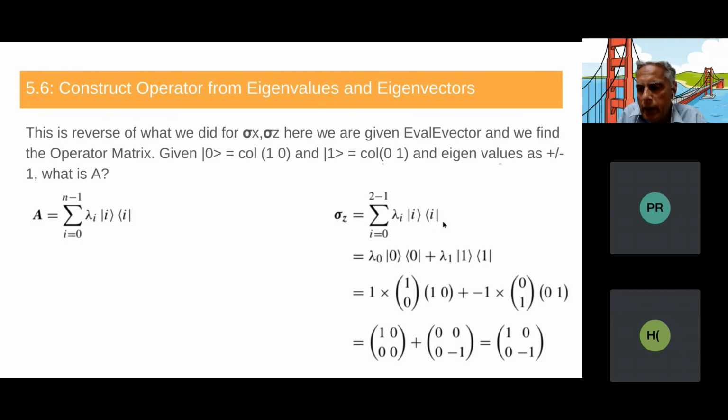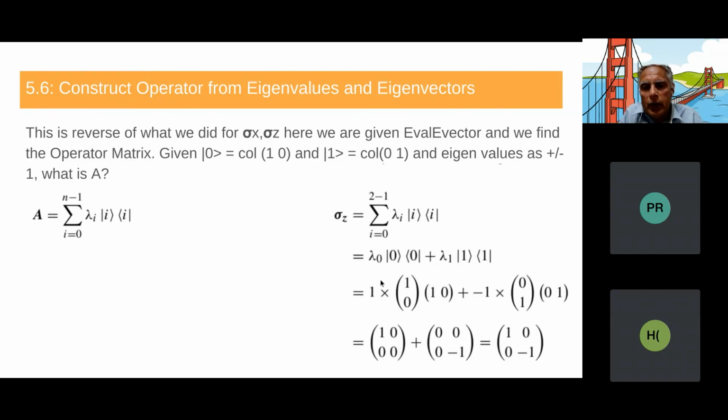This is ket I bra I. If you are going to take this, then we get this equal to lambda 0 of 0 0 plus lambda 1 of 1 1, ket 1 bra 1, and the same way ket 0 bra 0. And if you do a multiplication of that, this ket 0 bra 0,